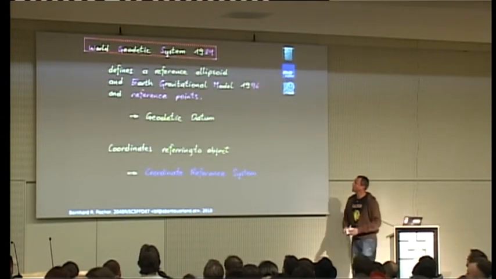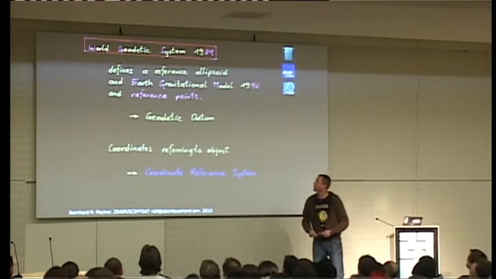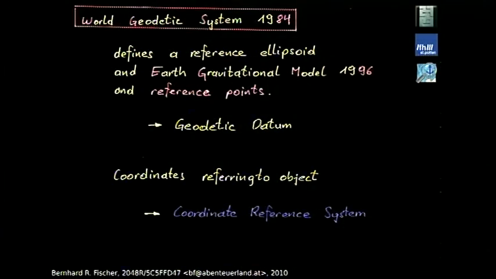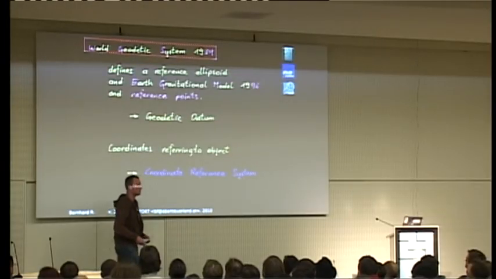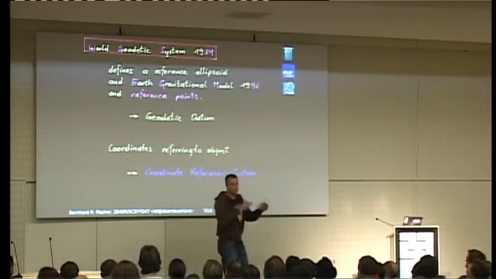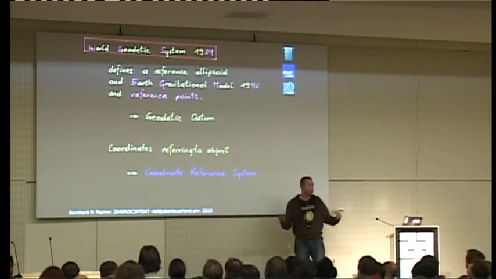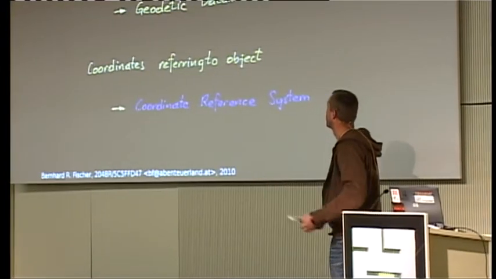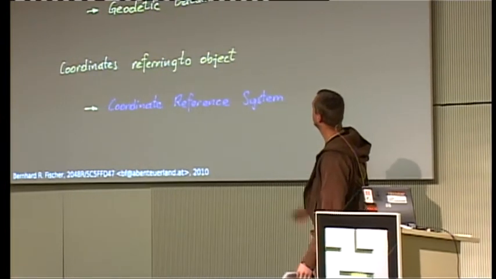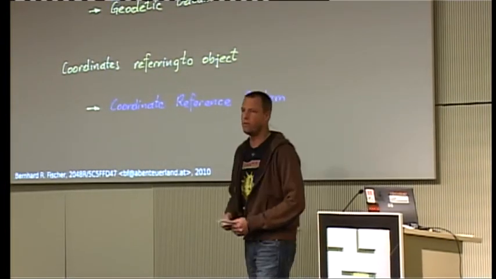Okay, let's have a look at the World Geodetic System of 1984. It's WGS 84, I think most of you know. This is a system that defines a specific reference ellipsoid. It's not one of the others. It's another model that tries to fit best in the whole world. And it contains a model about the geoid.